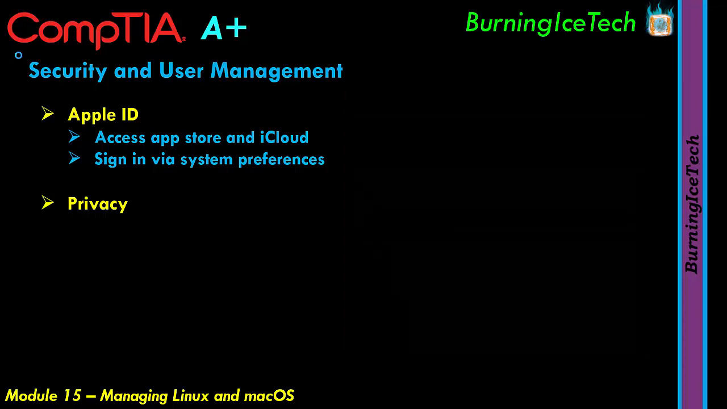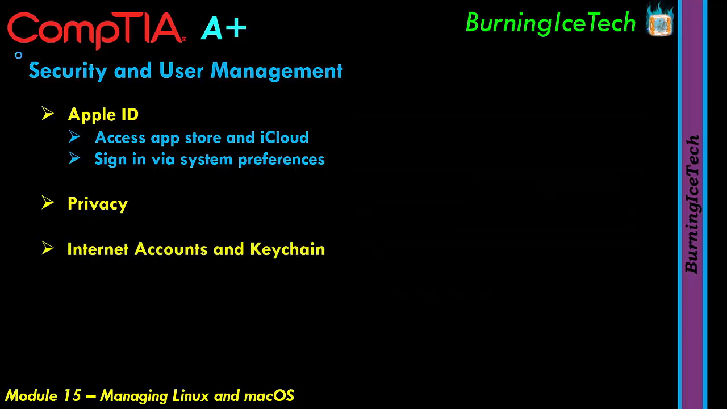Now moving on to internet accounts and keychain. The Internet Accounts pref pane, for those of you folks that don't know, can be used to associate other email and cloud accounts with your login. The keychain helps you to manage passwords for these accounts, other